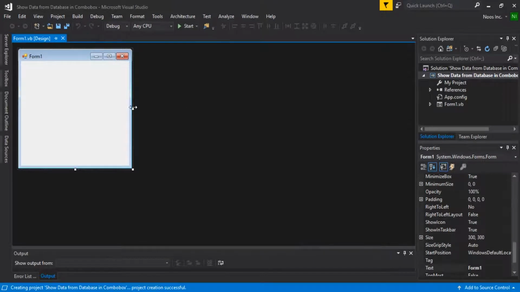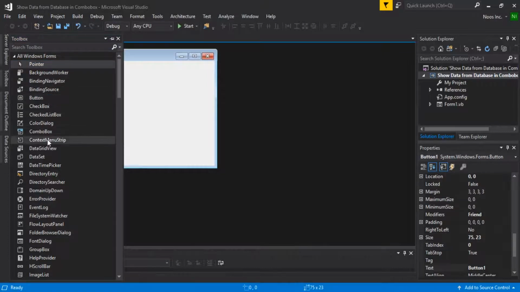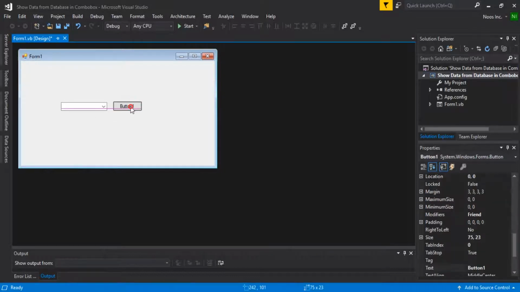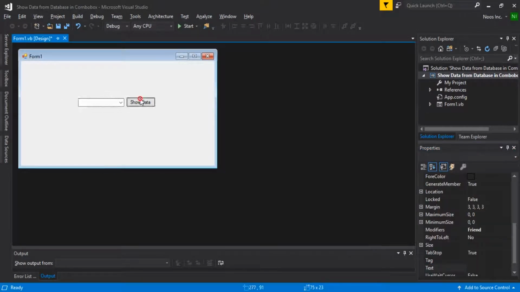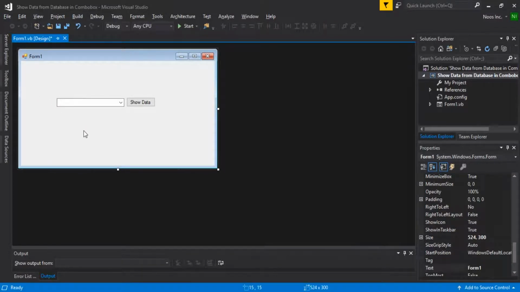In this tutorial, I need two items, button and Combobox, of course. Let's add in here. Okay, this is button, this is Combobox, and I want to change the text of my button to show data, for example, in here, guys. Let's make it in the center here. Okay, after that, what we need to do is